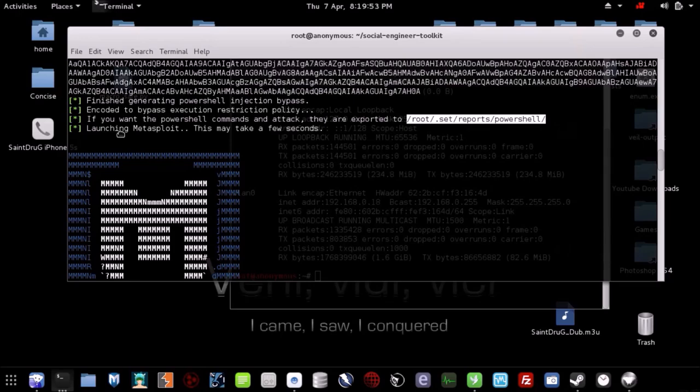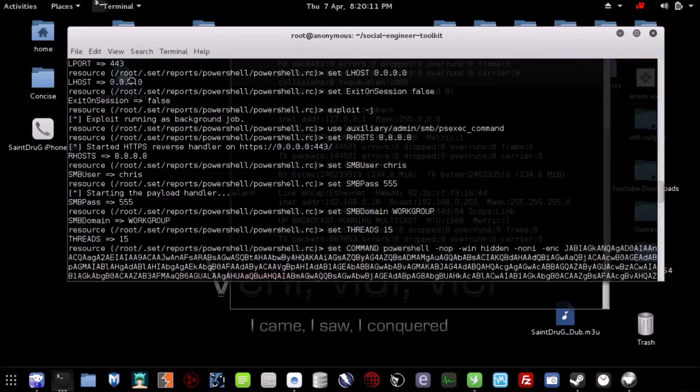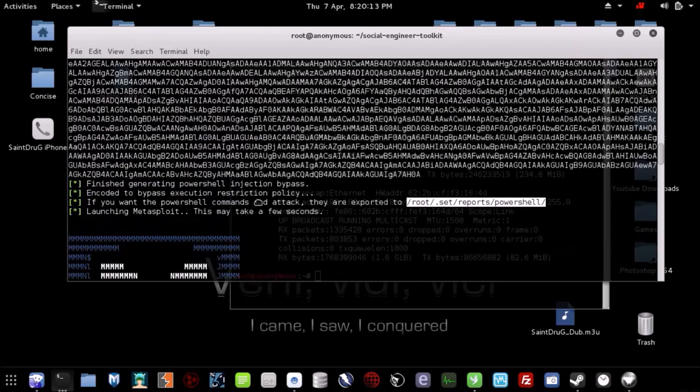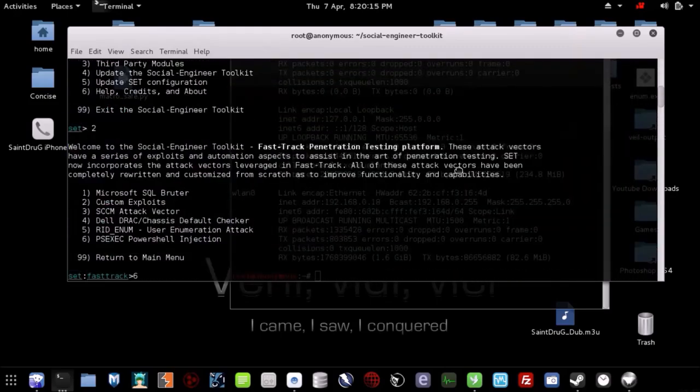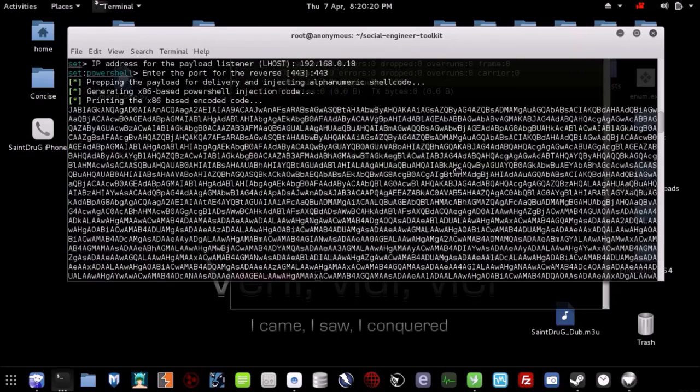So then it launches Metasploit for you. So you just make sure that you fix the settings for social engineering so it directs the pointing of Metasploit to the correct position and direction. Depending on what version you'll be using, you have to fix that so it can actually find it and communicate. And what it does is, if we go here where it says it saved the PowerShell for you,